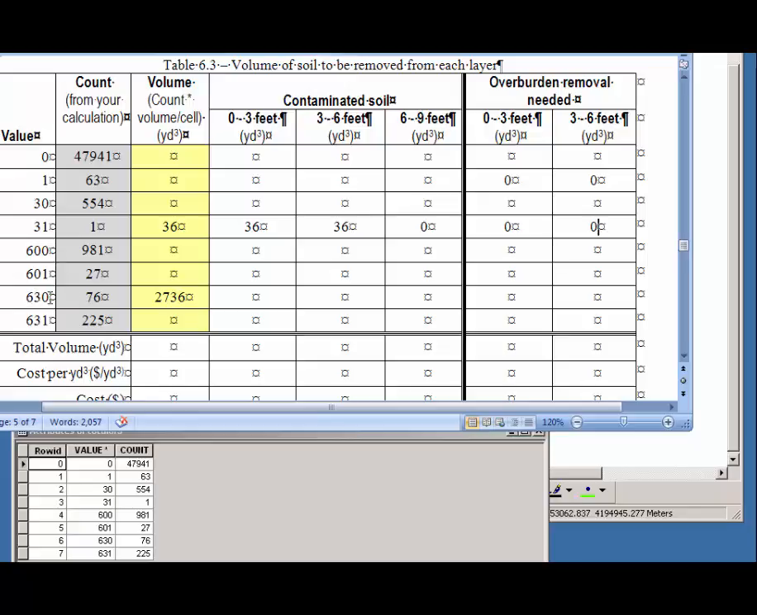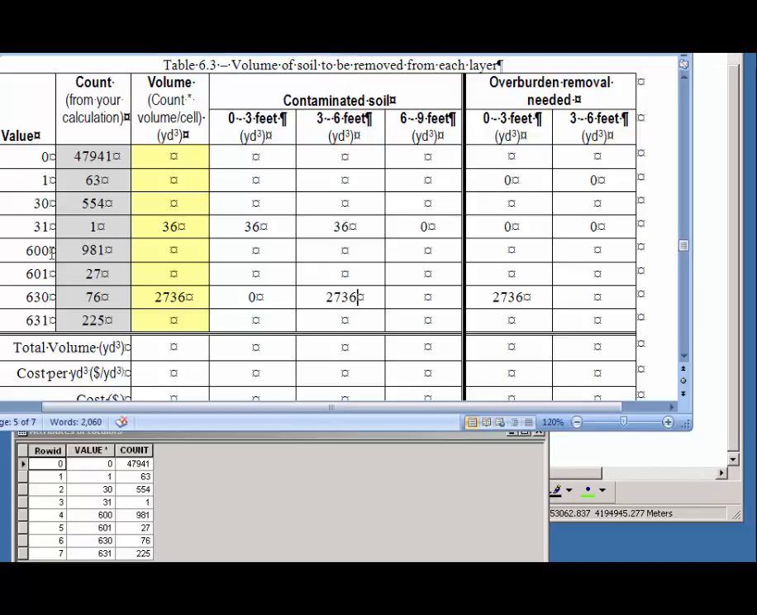A 6, a 3, and a 0. And I have 76 pixels, which is 2,736 cubic yards. The 0 means that I'm not contaminated at the surface. And if I'm not contaminated, then I must be overburden. The 3 means I am contaminated at the 3 to 6 feet. So I put in